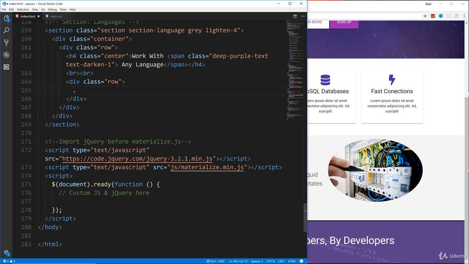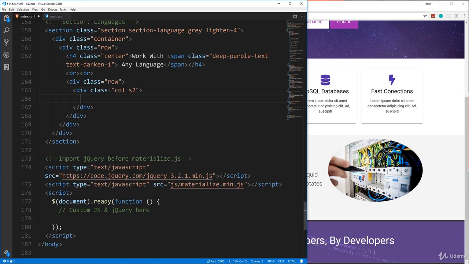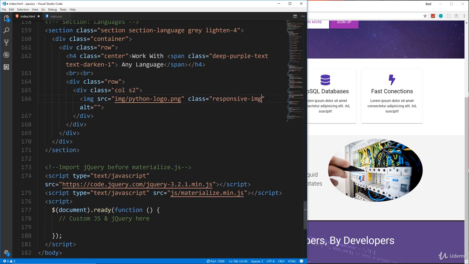So div of col s2, and then let's put an image in here. This first one will be Python, so we'll do image slash python-logo.png. Okay, we also want to give these classes of responsive-img,